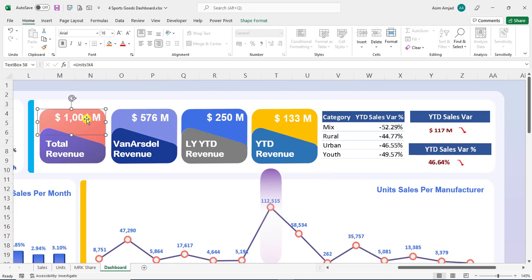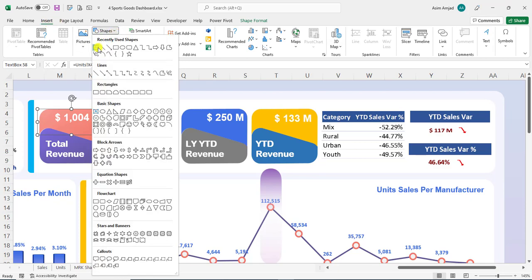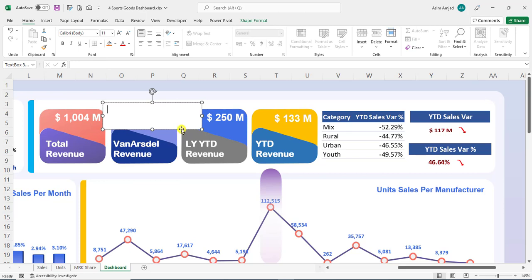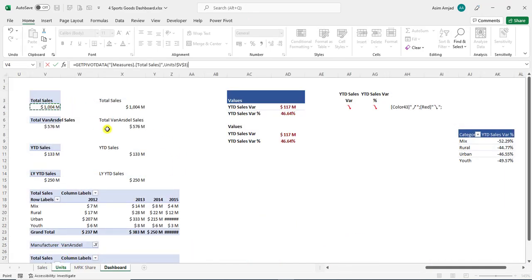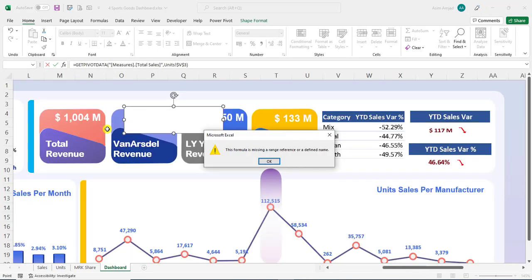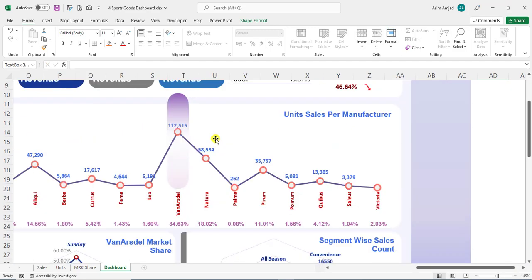Okay, so add the text box by simply clicking this insert tab. Under the shape menu, simply add a text box. And then if you click this equal to button and move to the sheet and click this cell and press the enter key. As you click the enter key, you will get the message that this formula is missing a range reference or a defined name. So it means we need to first convert our